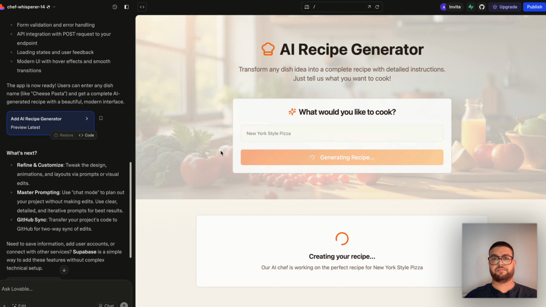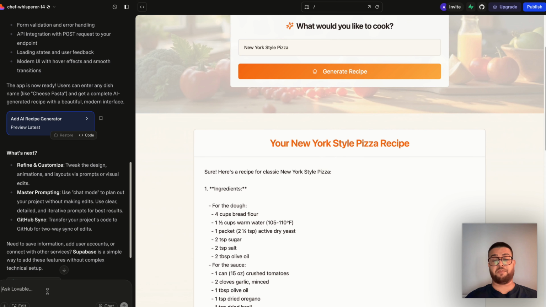Hey, look at that. Ingredients, prepare the dough, make the sauce. All that is here. Bake, serve. And what you can also do is give it a command. Hey, when it comes to a generated recipe, make it printable or shareable. So anybody who is generating a recipe, it could be shared with somebody else.